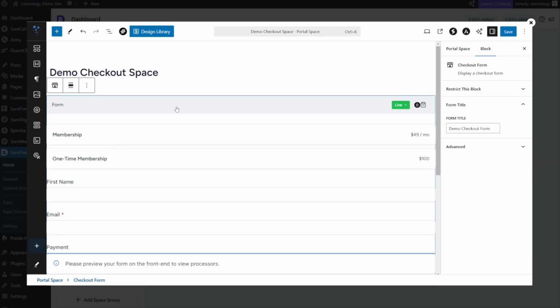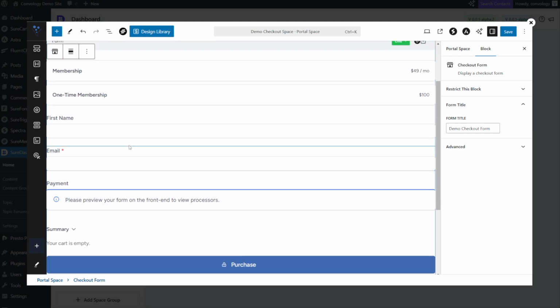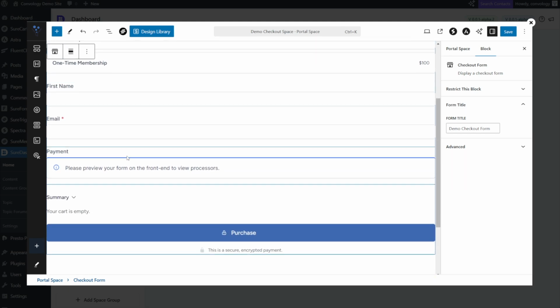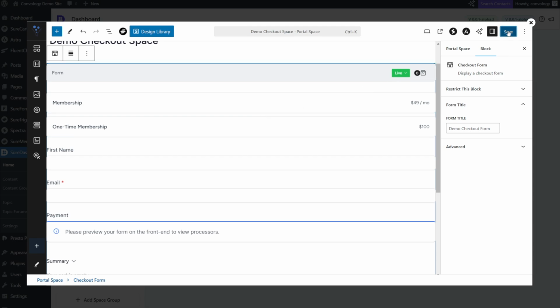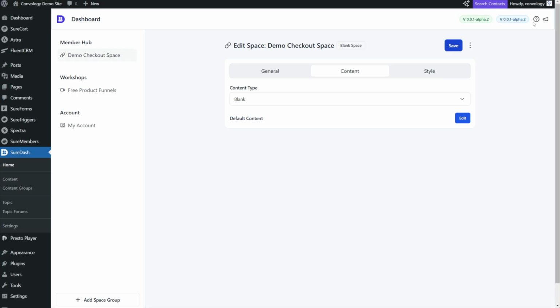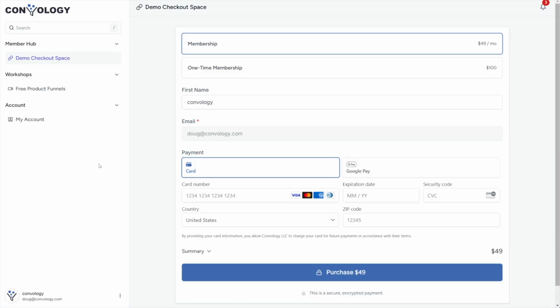I've dropped in my checkout form for this demo that I made that showcases a price selector between different membership options. It has the first name, email, and all of that inside of here. If I click Save on this content and I close out of this, I'll click Save on my space, and let's go ahead and preview that. And there we go. I have embedded a SureCart checkout form directly into SureDash, and this can be used in